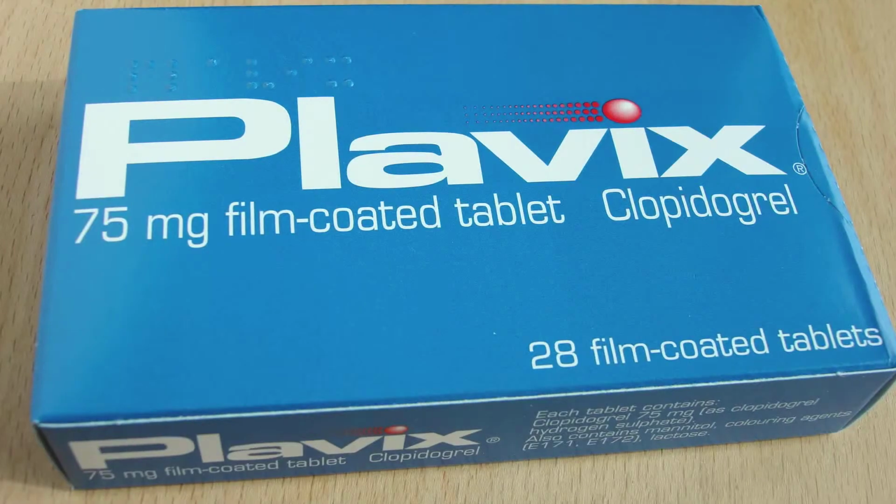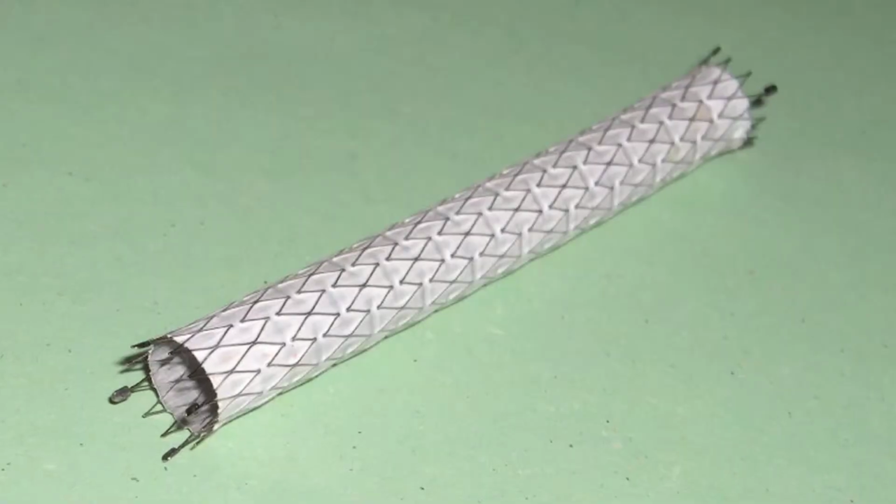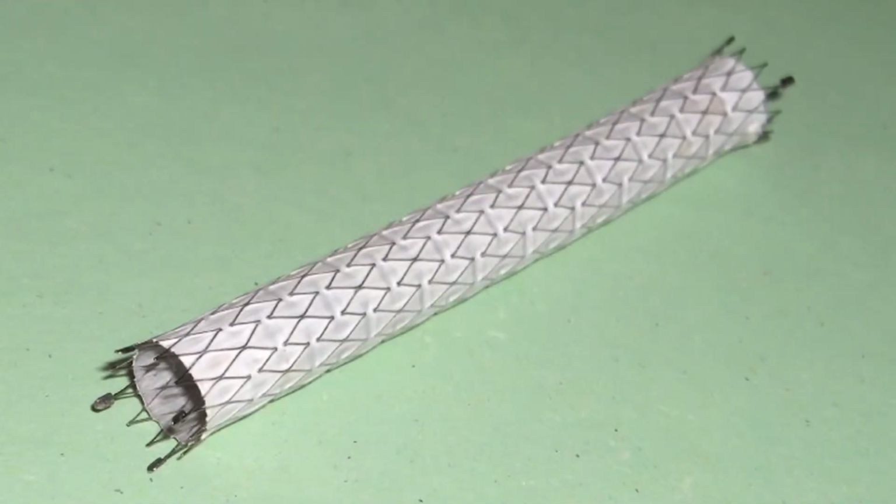One of the more recent discoveries that we've made are genetic factors that influence response to a commonly used drug called clopidogrel, also called Plavix. This is a medication that's used very commonly in people who have had stents placed in their hearts because of coronary artery disease. And as it turns out, about a third of people have a genetic variation that actually increases their risk of not responding to clopidogrel therapy and therefore increased risk for developing recurrent heart attacks. We've been able to make that discovery through the work that we've been doing with the genomics core. And now, in addition, we've been able to extend those findings to actually implement